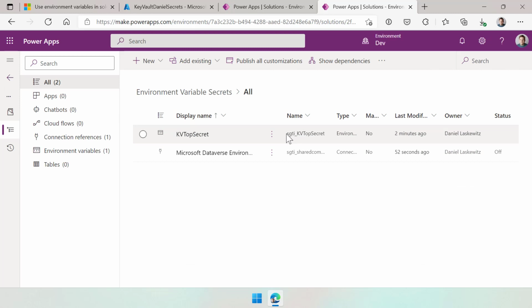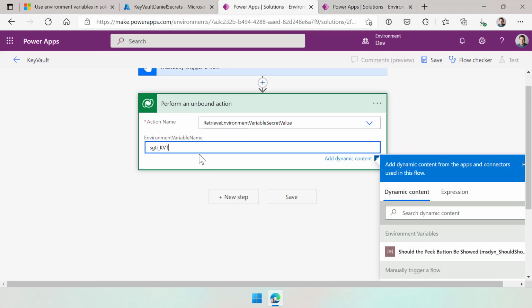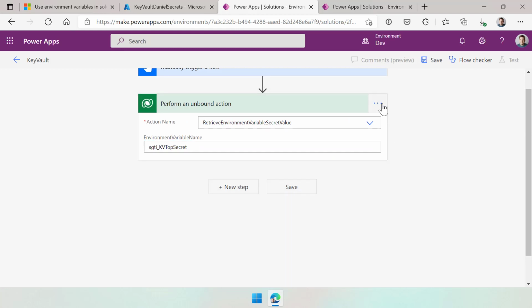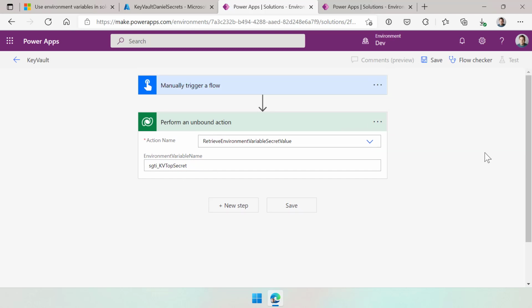And here we have the name of it. It's KV top secret. Okay. Top secret. There we go. Okay, this should work. There's actually one thing I really want to make sure that you know, and one of